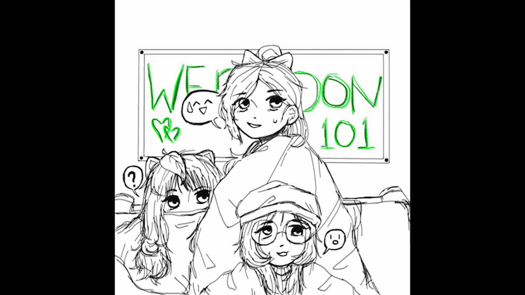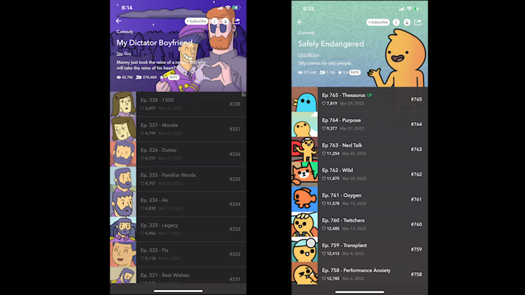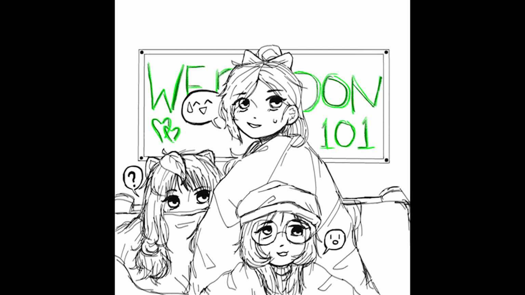So the first one we have, which is the basic, that a lot of series, this is what it was. I think, a good chunk of the series that fall under this category were before 2018, when something called Fastpass got introduced, which I will discuss briefly later. But we have ongoing original, or ongoing normal, as I like to call it, which basically each chapter is released weekly as the creator is making it. There is not a next chapter you could get to, it's just a newly released chapter raw, and it's free to read. So, it's like